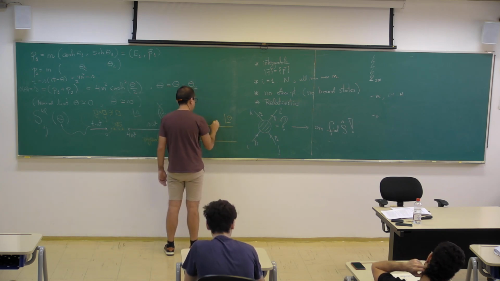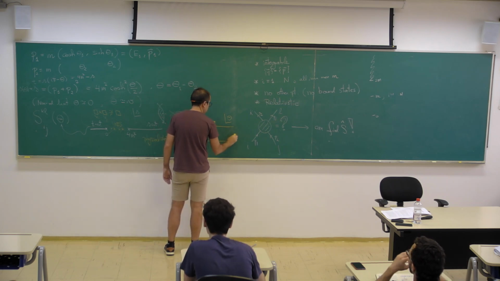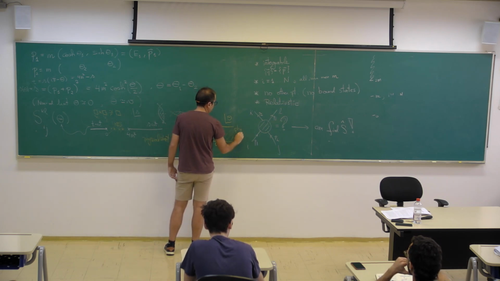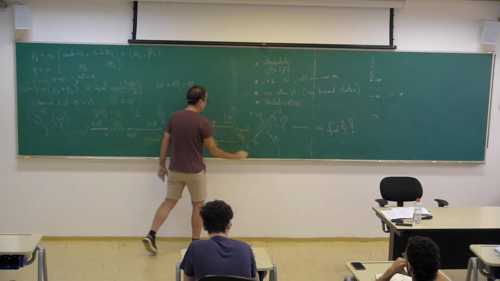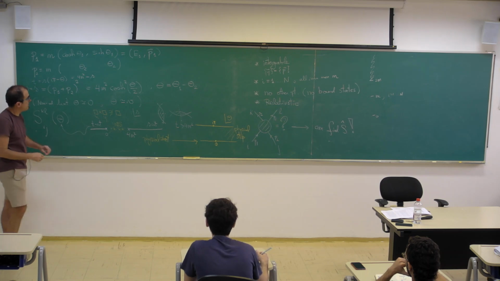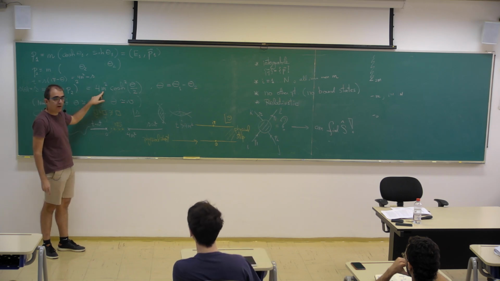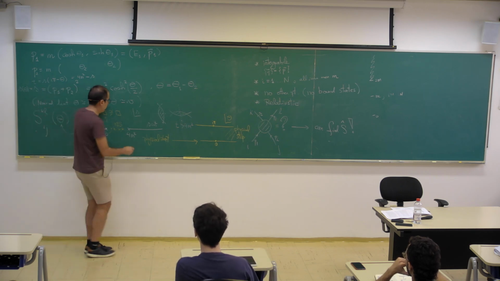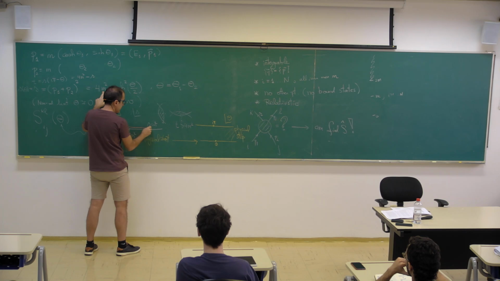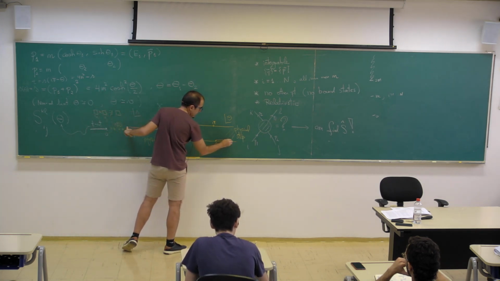This is i pi, this is 0, and this is mapped to this, which is called the physical strip. So let's see how it works. Let's look at this map and see. Let's do theta positive. Theta positive means S bigger than 4m squared. So this part here, S on top of the cut, is mapped to this part here.